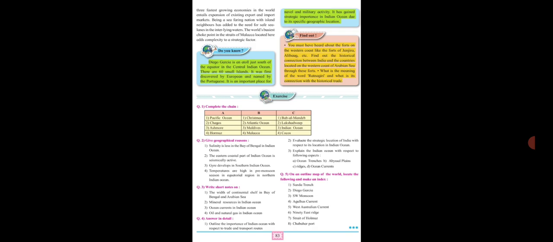So in this lesson, students, we dedicated ourselves to the Indian Ocean. The bottom reliefs of the Indian Ocean were covered: the mid-oceanic ridges, the islands of the Indian Ocean, the salinity, and the distribution of temperature. We also covered the ocean currents in the Indian Ocean, the importance of the Indian Ocean, and how much importance it holds for India. So this gets us to the end of chapter number 7.